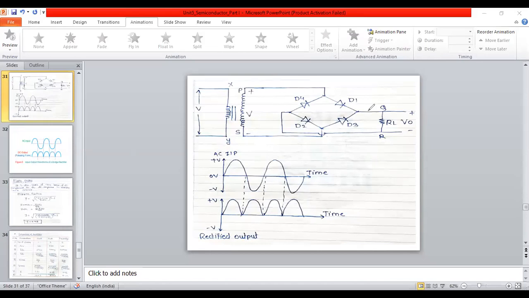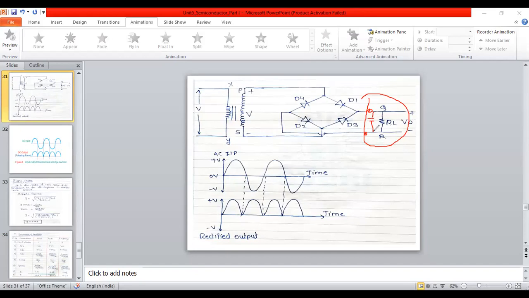At this point you consider here now. For the positive half cycle, it will come like this and flow through the load resistance. It will go like this into the negative. For the negative half cycle, it will go like this, and in the same direction it will come and go back to the neutral here. So this point we have considered, and here we have considered the capacitor I am adding here. Understood? Capacitor I am adding here.